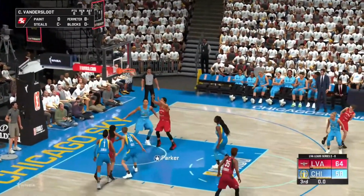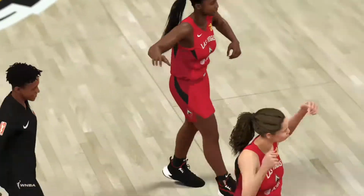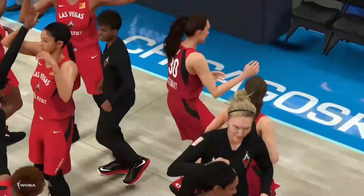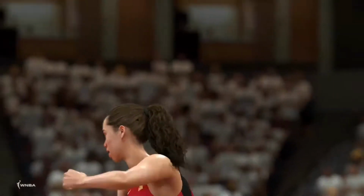From downtown. Oh, and she just knocked down the buzzer beater. Wow! That's a big-time three to extend their lead right at the buzzer. What a way to head into the fourth. And offensively, a great show for the...